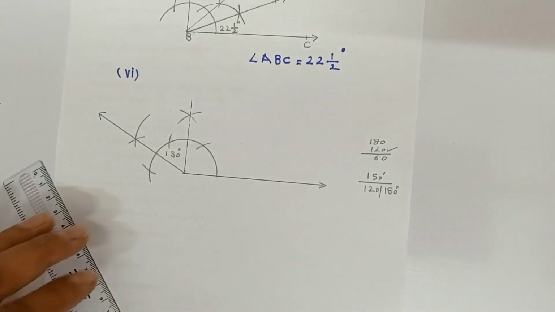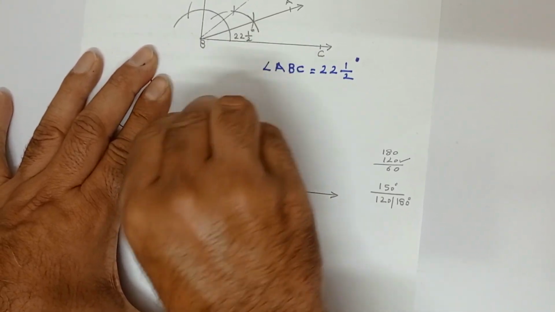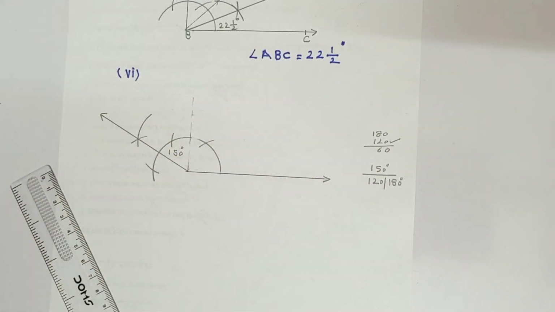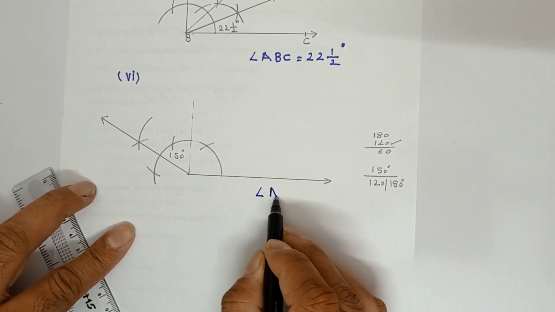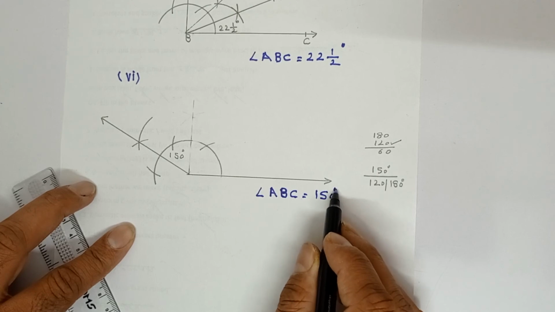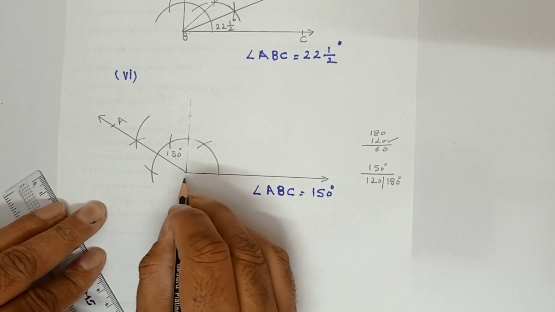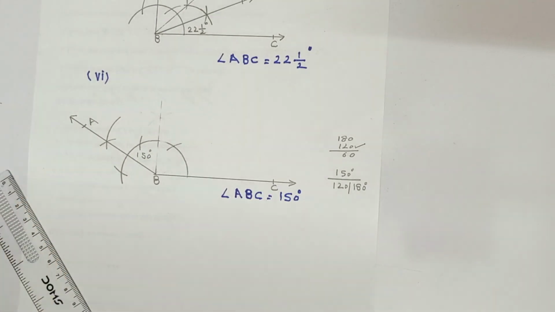So basically there is no requirement of 90 degree. So if you do not wish, do not make 90 degree, because it is not needed. Directly 60 degree arc, 120 degree arc, and then 180 degree arc, and bisection of 120 and 180 will give 150 degree. Even if you draw 90 degree, there is no harm, but why do extra when it can be done simply? So angle ABC will be equal to 150 degree. It is an obtuse angle. You can name it angle A here. A point, this is B point, and this is C point. So angle ABC is equal to 150 degree.